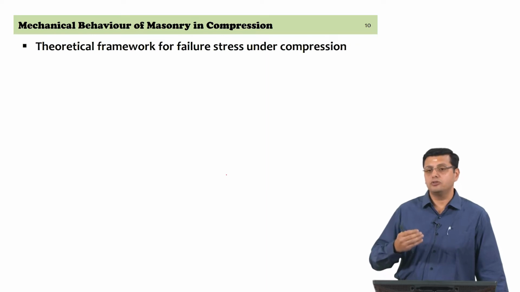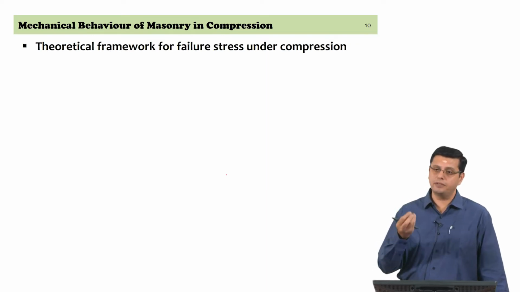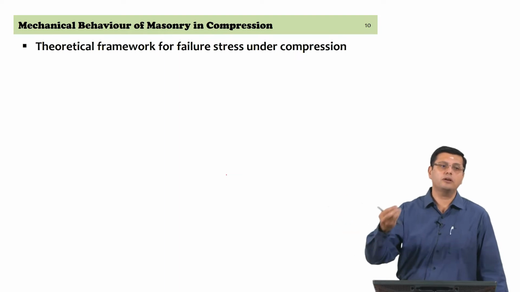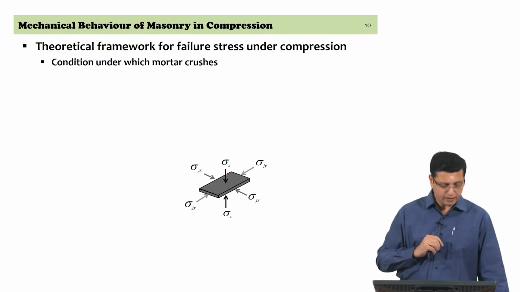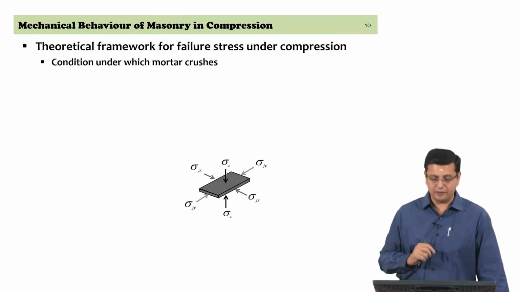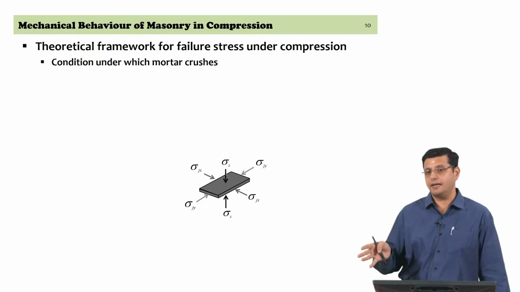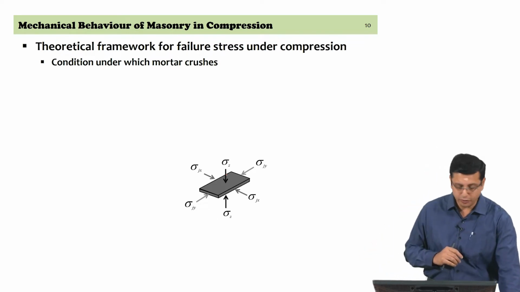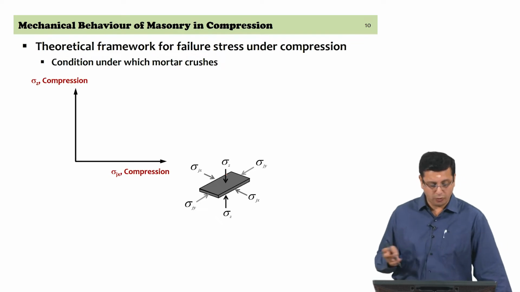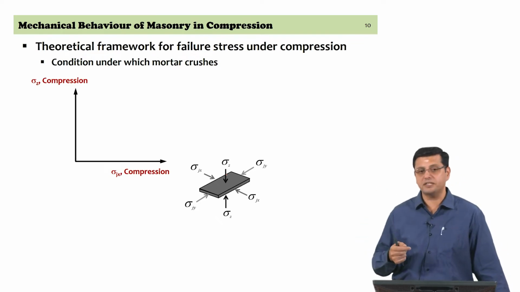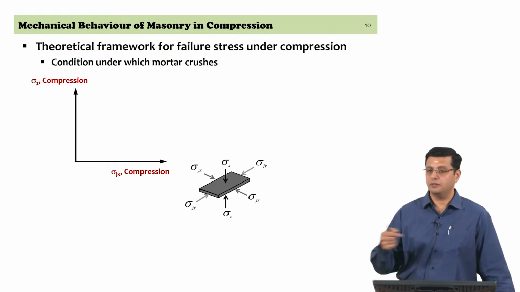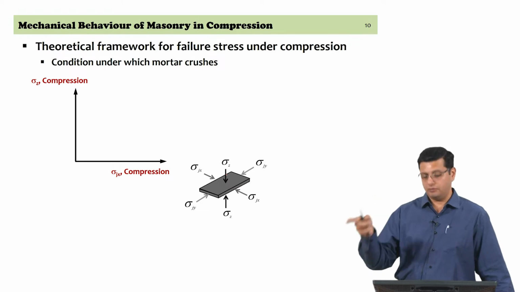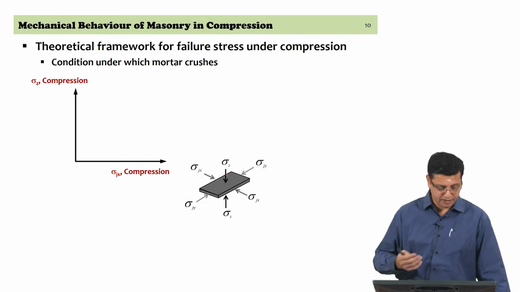So, you need to alter the uniaxial compressive strength of the mortar to be able to explain what strength you would get in mortar in a confined manner, right. So, the triaxial compressive stress, a multiaxial state of stress with triaxial compression, is something that we should be able to account for. And so, if you are looking at the axial compression versus the bilateral compression that you have, sigma jx and sigma jy,